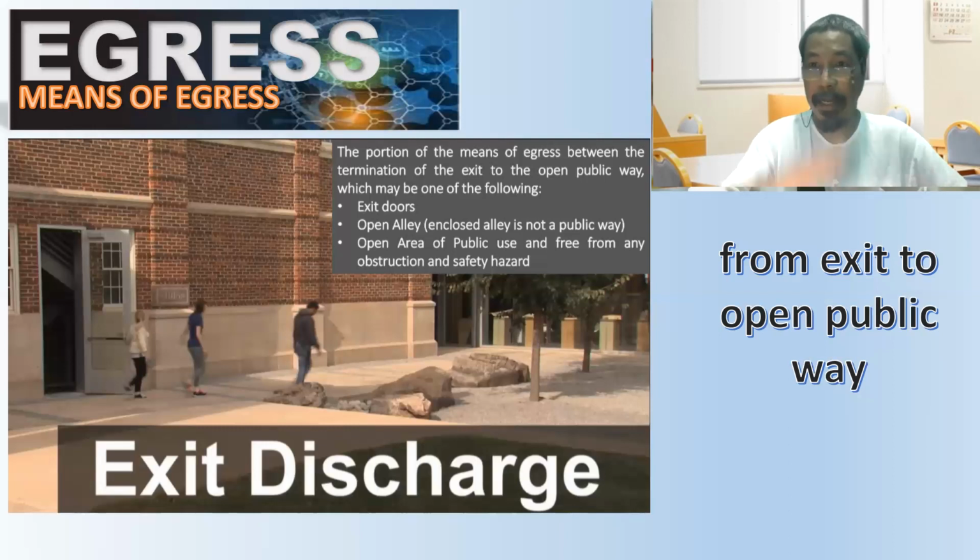There is no high-level fence that would become an obstruction for these three persons to get away from fire in case there are fire incidents. So there is none. There is no fence that will obstruct them. So this is now what we call exit discharge. If there is a fence, high